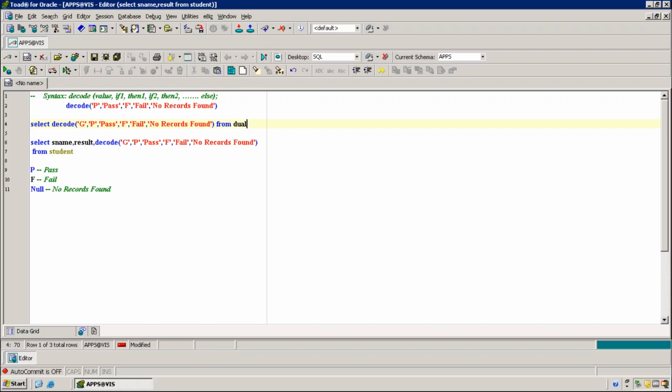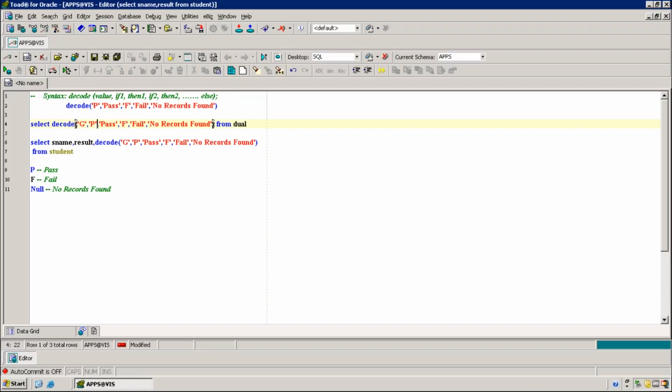Now can you compare and tell me what is G? G is the value. P is also the value. P is the condition 1. Try to look at this and based on that tell me.